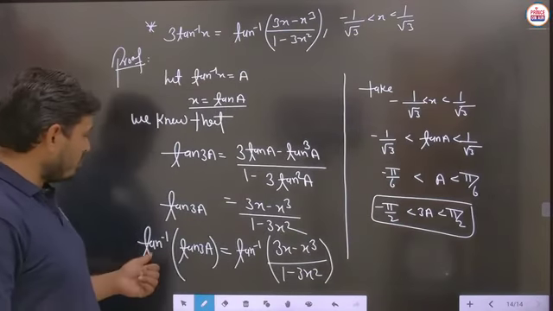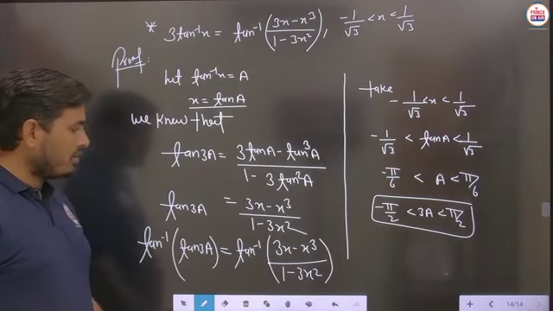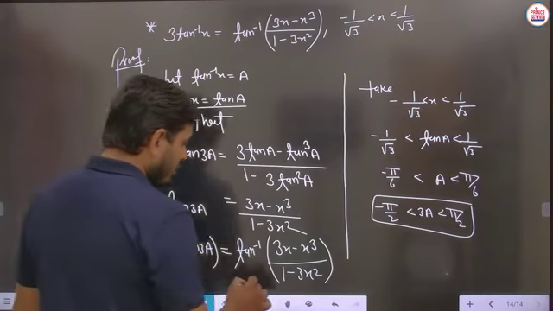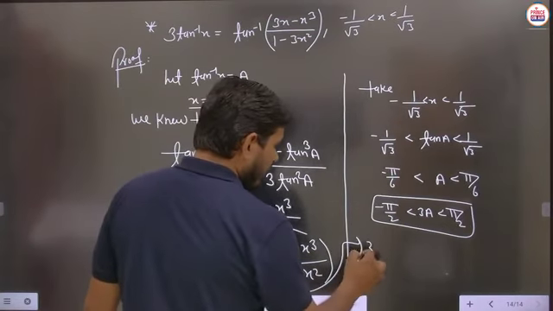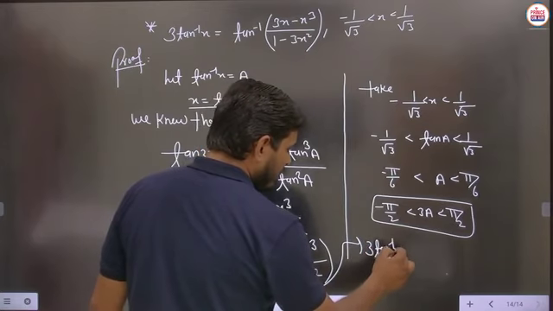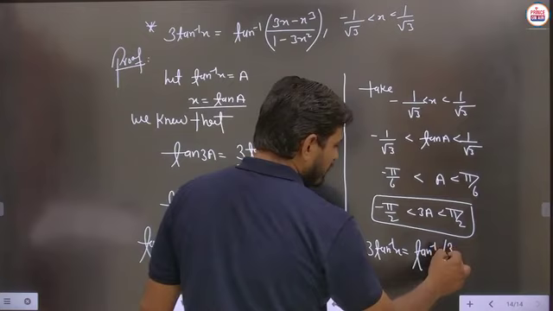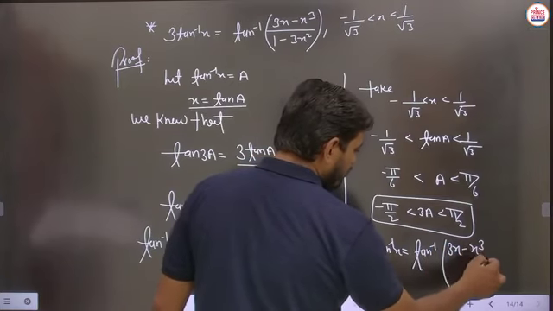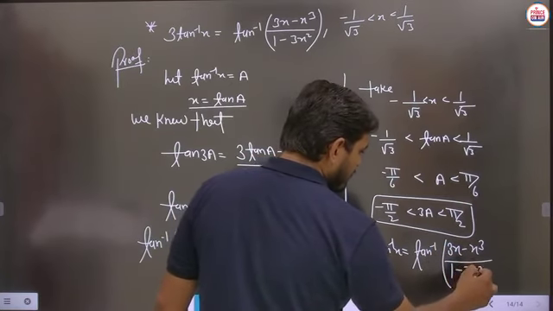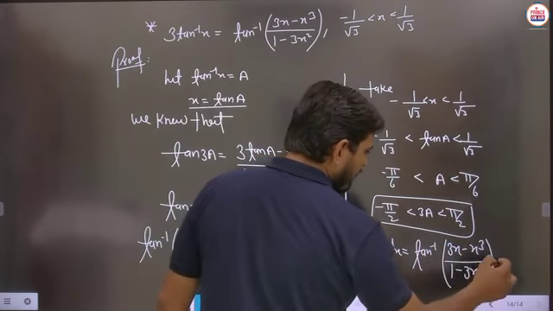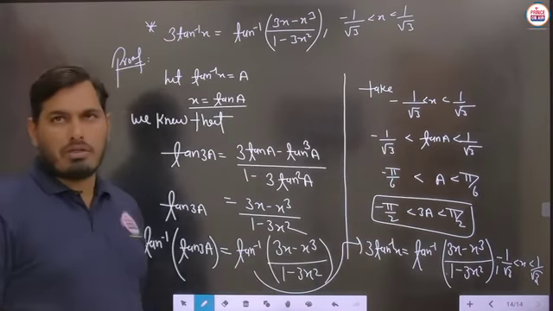So you can just do the cancellation of this tan inverse with the tan, and you can just write down the result here, and this will be written as 3 tan inverse x will be written as tan inverse of (3x minus x cube) upon (1 minus 3x square). But this is when x is to be taken from minus 1 by root 3 to plus 1 by root 3. Is it to be clear?